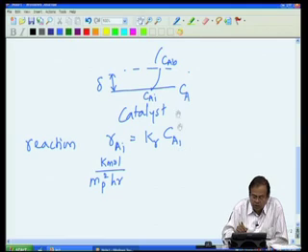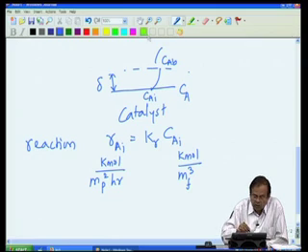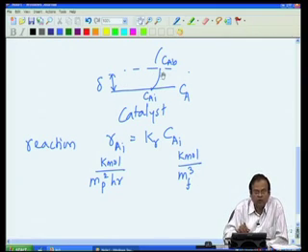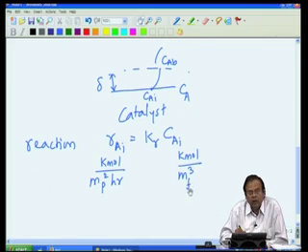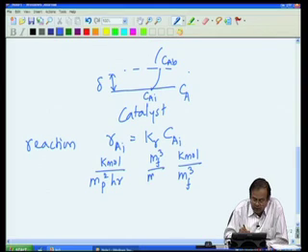Now, the concentration of the species CAI is in kilomole per mf cube, that is, the concentration is kilomole per volume of the bulk phase, that is the fluid phase. Fluid is in all this phase. So, mf cube. So, Kr therefore, must have unit of mf cube by mp square